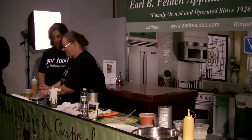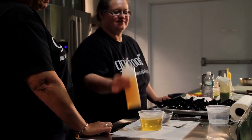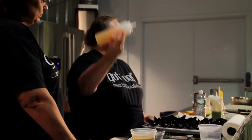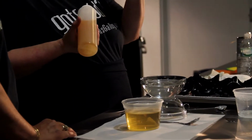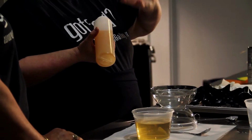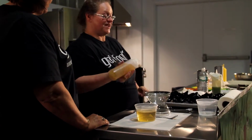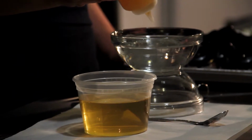there would be another process in between, a container of plain water to give it a rinse. We're going to do this pretty quickly. The trick to this is you don't want to go too high, you don't want to go too low. As soon as I drop the sphere into my salt bath, immediately that chemical reaction is going to create a shell or a skin around my juice and my alginate. I want to make sure that I'm dropping big enough that they're